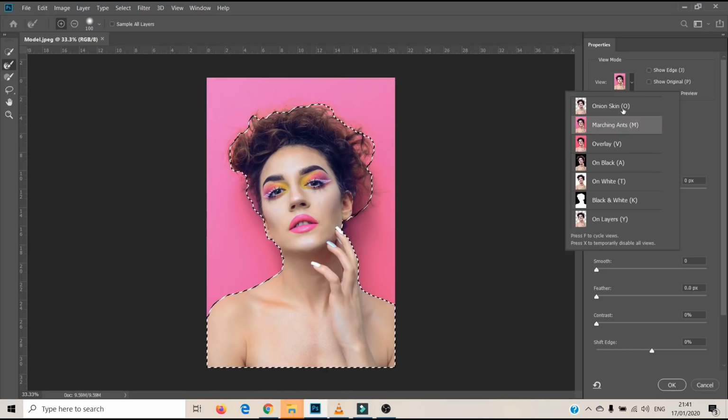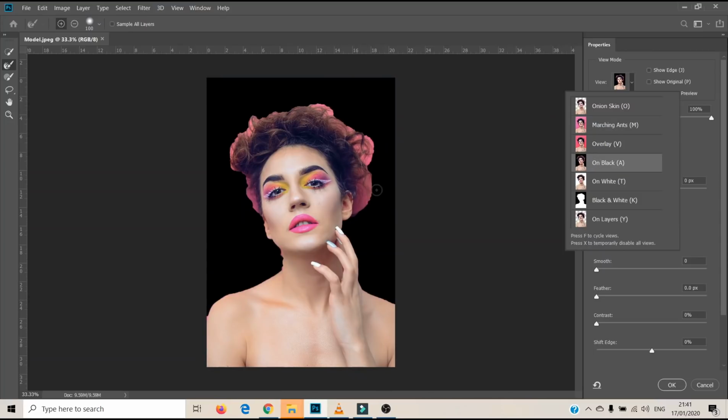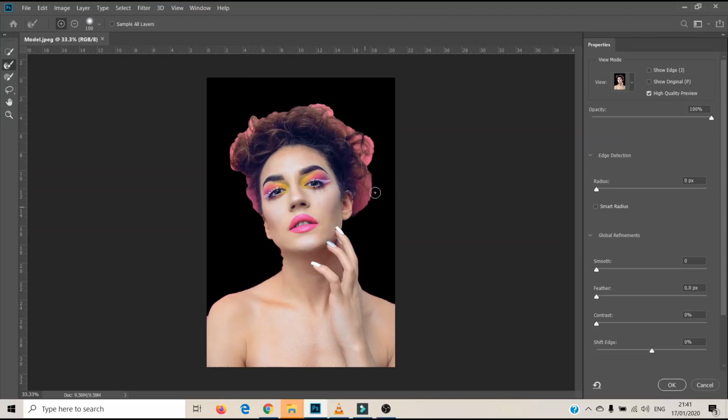So here are different colors, you can see that, and you can choose according to your desire what color you want to choose. So I'm going to have it on black so that black and pink would not merge, and I can see and notify the color really clearly. As you can see, the background color has been selected, and with that there is an overlay of this pink